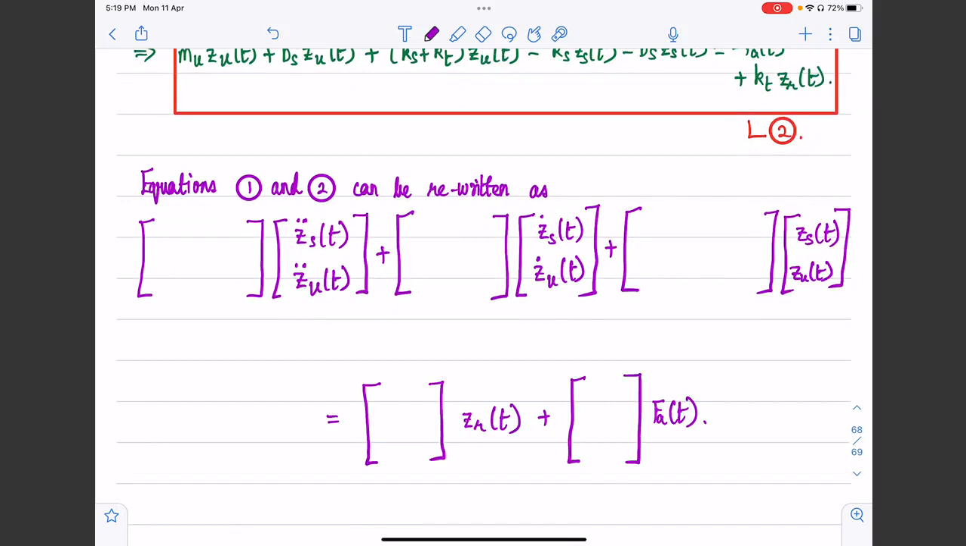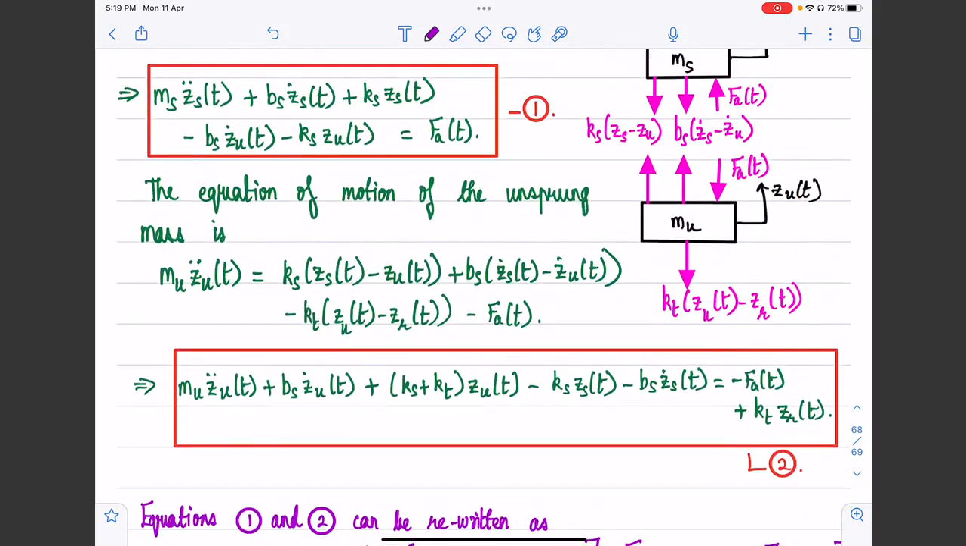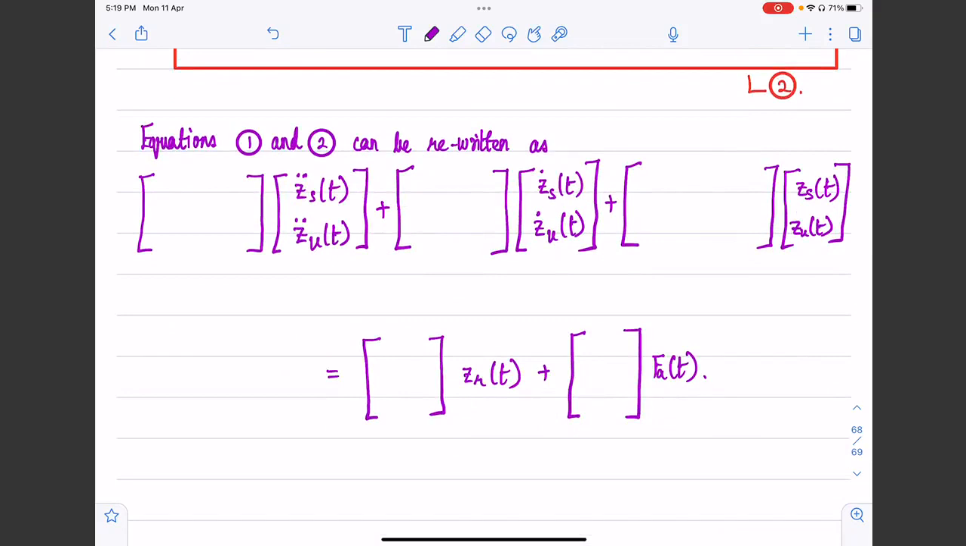So if you look at these two equations, 1 and 2, we can see that it has all these inertia terms, the damping terms, and the stiffness terms, and so on. So we are going to collate them. That's all we are going to do. Let me fill up these matrices in this consolidated equation. So we can immediately see that we are going to get